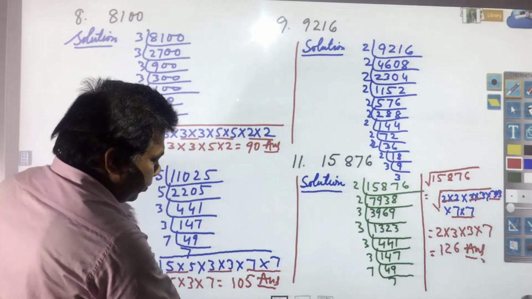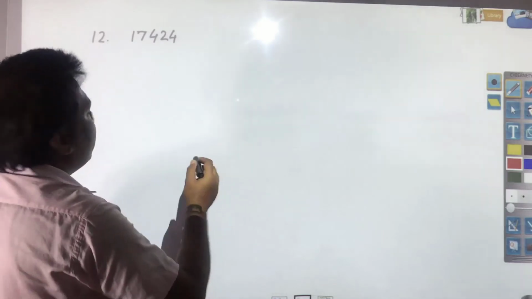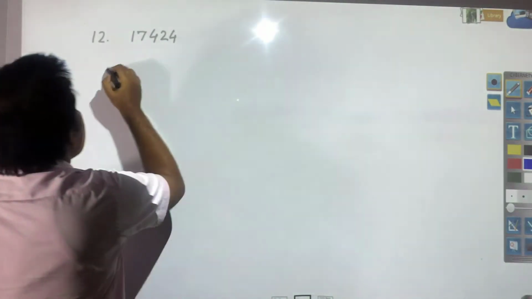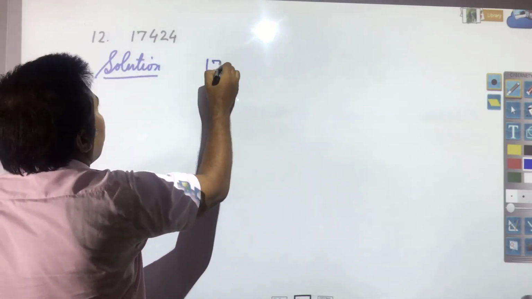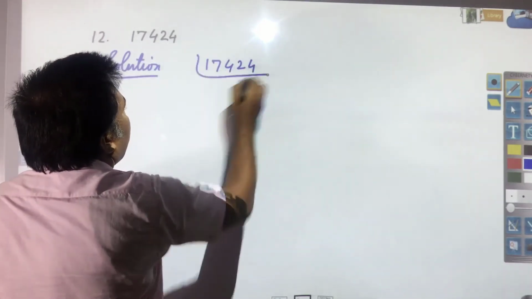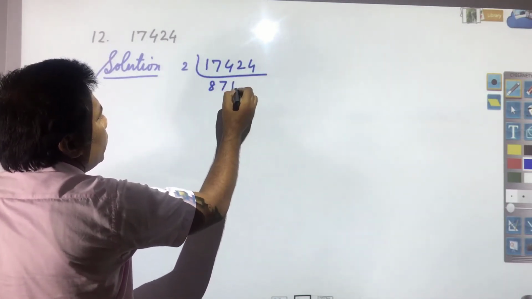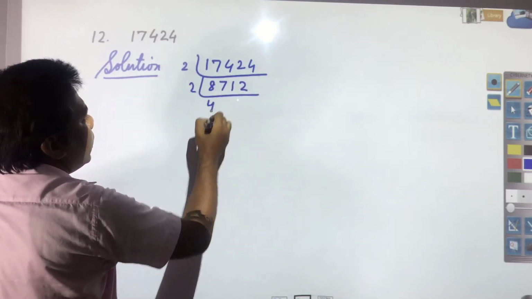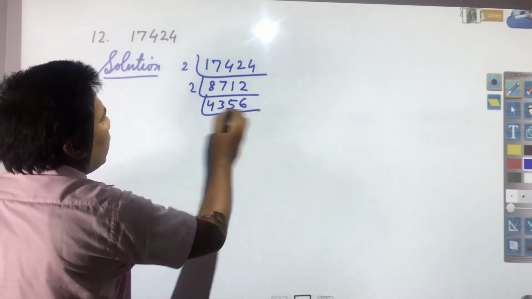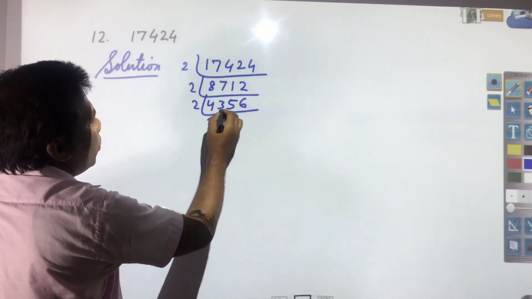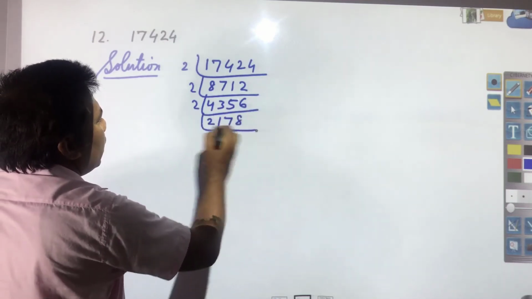Next you see 17,424. 2 8 ja 16, 2 7 ja 14, 2 1 ja 2, 2 2 ja 4, 2 4 ja 8, 2 3 ja 6, here you have 11, 2 5 ja 10, 2 6 ja 12, 2 2 ja 4, 2 1 ja 2, 14 you have 15, 2 7 ja 14, 2 8 ja 16, 2 1 ja 2,